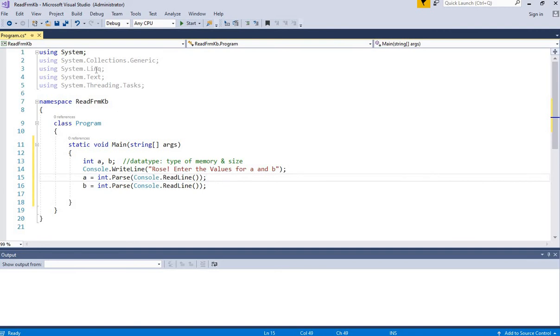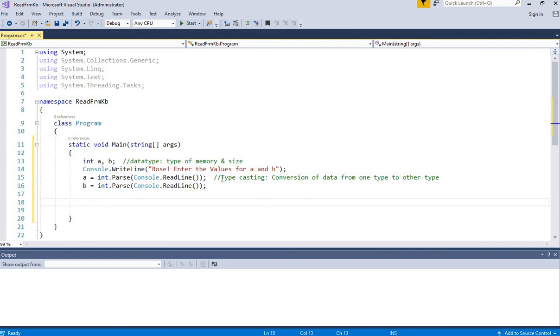So here also we are doing the same thing. C# will understand string type of data directly, but it will not understand integer, float or double types. We need to perform parse. This parsing converts the data into a form that makes it understand that the user is entering integer type information which it has to read. So let's do this. What we are doing here is called typecasting, conversion of data from one type to another type.